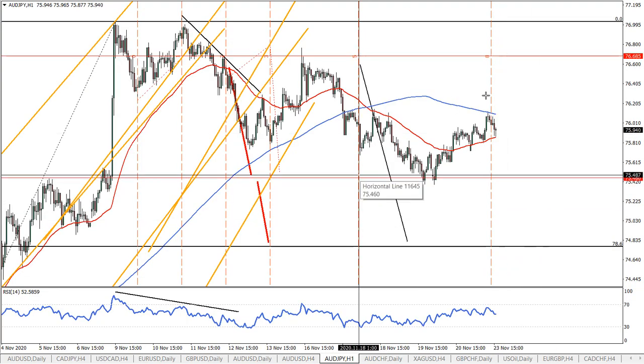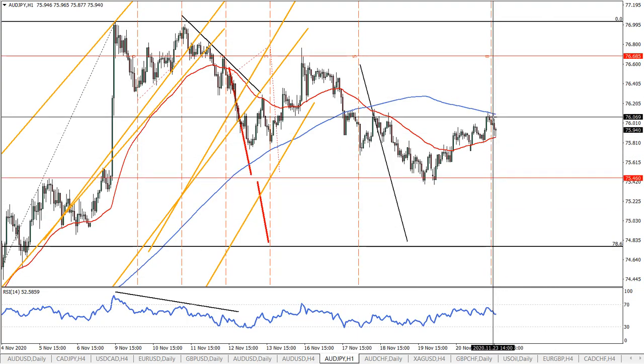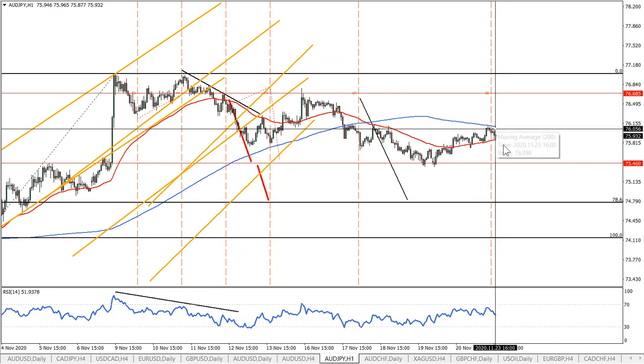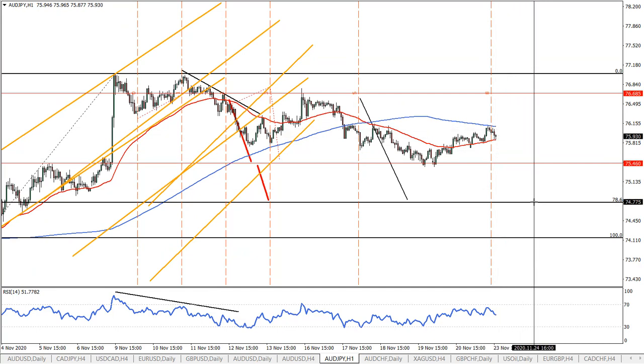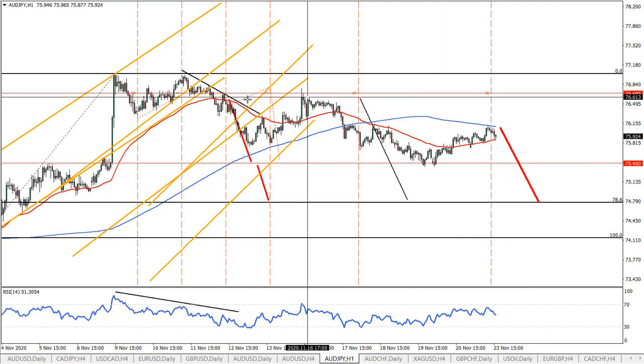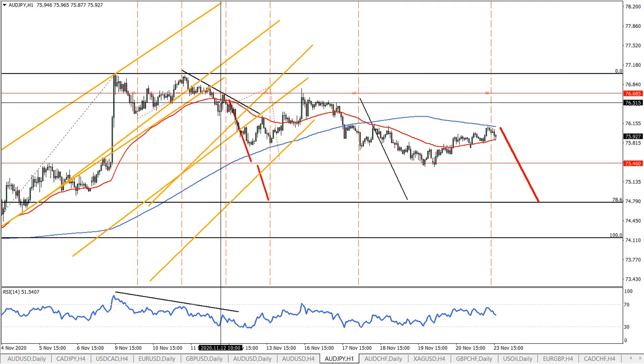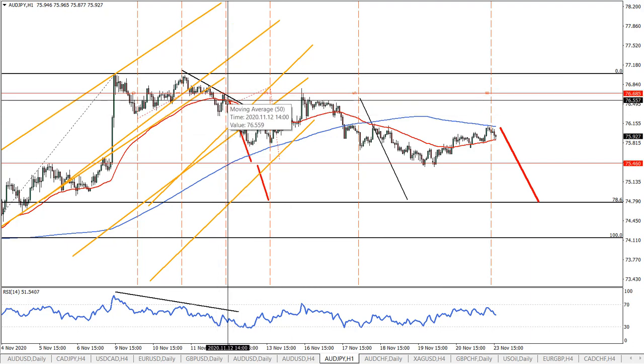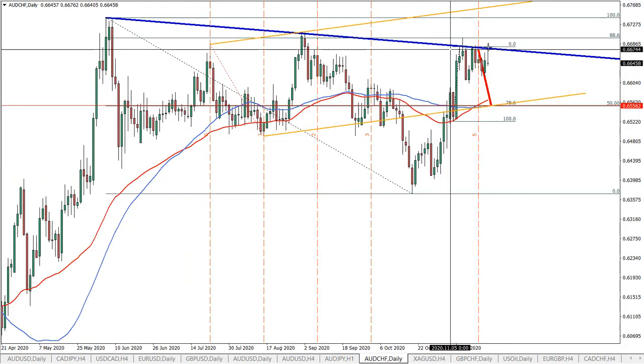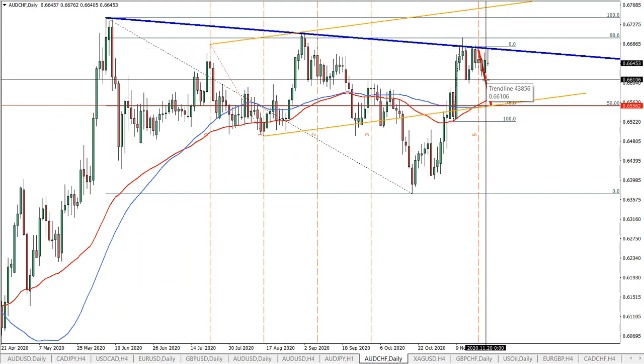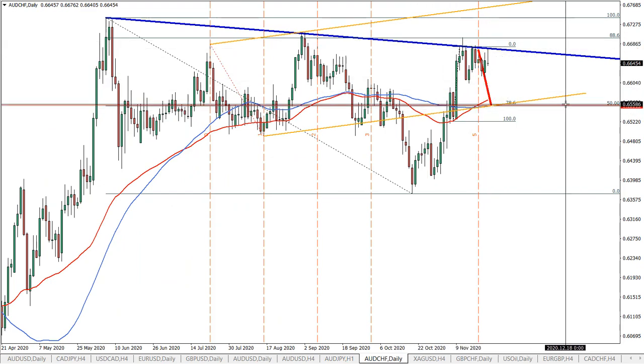The Australian Japanese yen. So here we had the new cycle started. I think it will now go down towards this support 74.77. Yet again, a fast move to the downside on the Australian Japanese yen is expected. We published this analysis once the price was at this area, price area. Australian Swiss franc still rejecting the trend line, still expecting the move to the downside to hit the support at